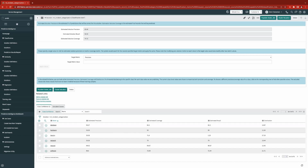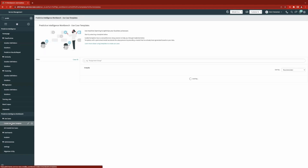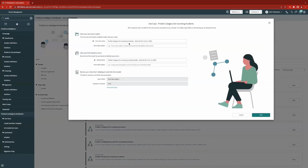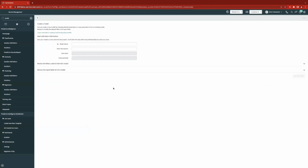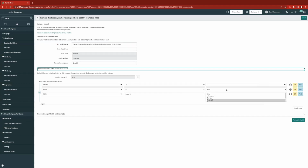So very, very quickly. Now, from the use case perspective, you can just go in and say, I want to create new from template. So calling the templates that you have, you can just say, I'll just use this one. So doing it this way, if I said predict category, same thing, I click start, give it a name, give it a model name, advanced setup, and I'm just going to basically say here, my advanced setup is, I want you to say